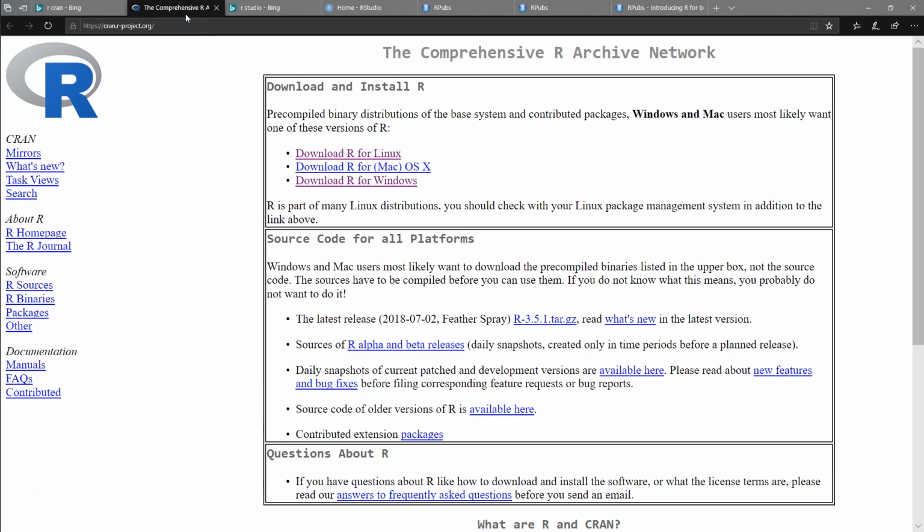And if you go there, this is what you're going to see, a very austere, old-fashioned kind of website, but everything is there for you to download. And you can see there Linux, Mac OS, and Windows. And if you click on those, you're going to get a file. You're going to download it and install it as you would any other program. Now, you can get at least the files to install R for Linux here, but if you're on a Linux system,